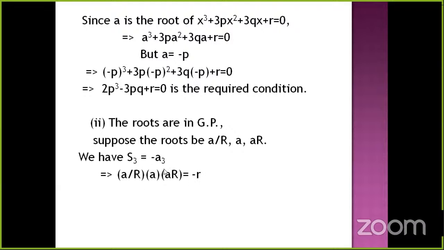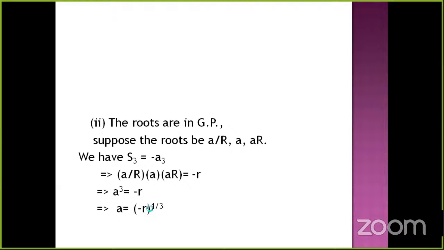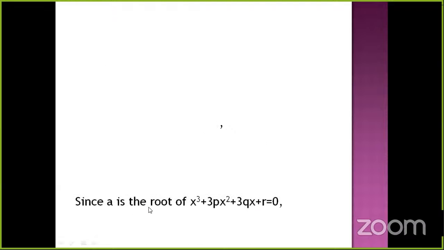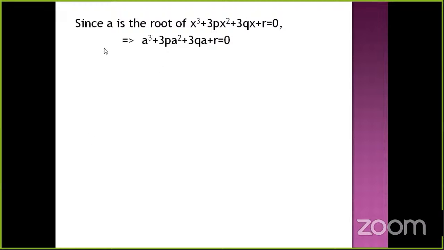So here R and R get cancelled. Capital R and R get cancelled. I will get A into A, that is A cube is equal to minus R. Sending the cube to the right side, I will get A is equal to minus R whole to the power of 1 by 3. Again, the concept that A is a root of this cubic equation, it should satisfy the cubic equation. So by substituting it, I will get